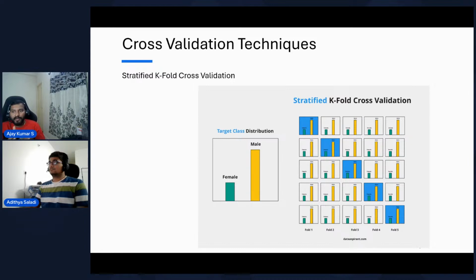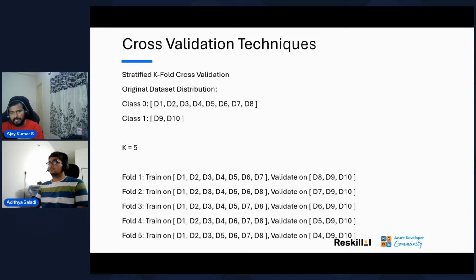Now that is how we create a balance with a combination of the k-fold technique and a balanced way of having the imbalanced or balanced data set when you're training within a particular fold. So that is what stratified k-fold cross validation is helpful with. Again, you can ask me what the disadvantages are for this. Again, this also has heavy computational power because you are going to do more of your computation within a particular